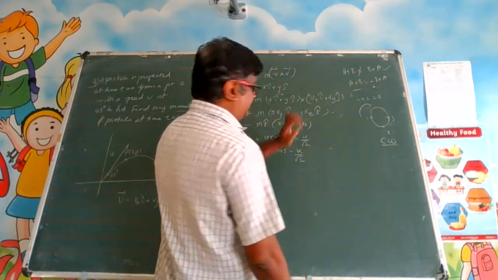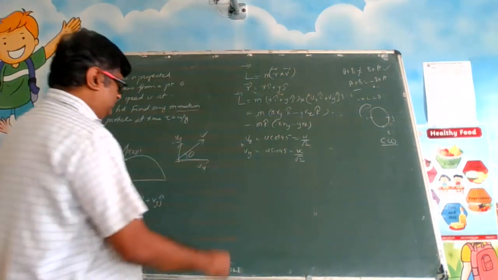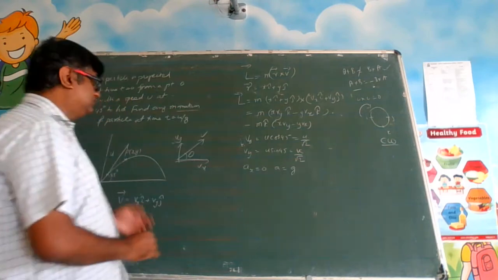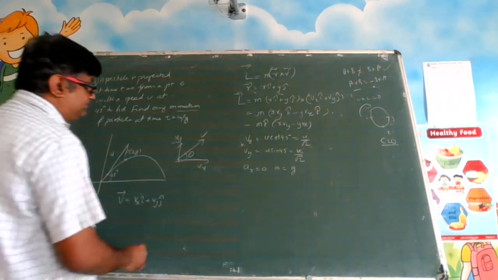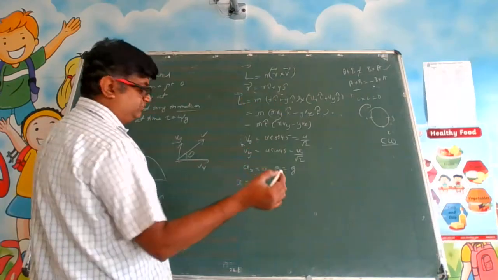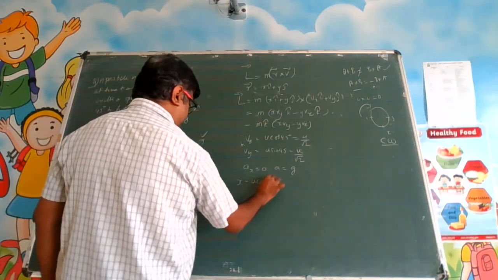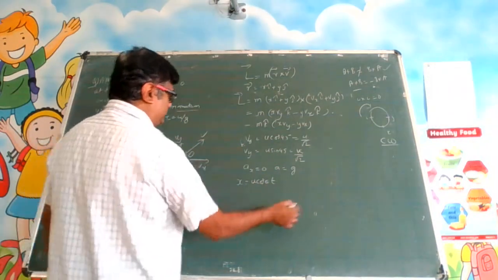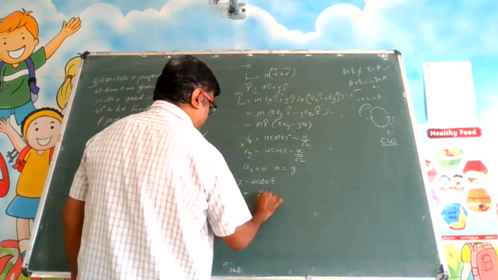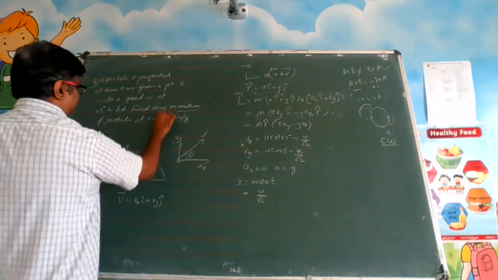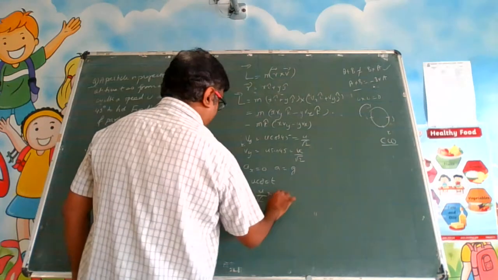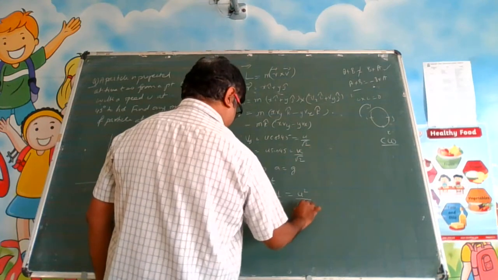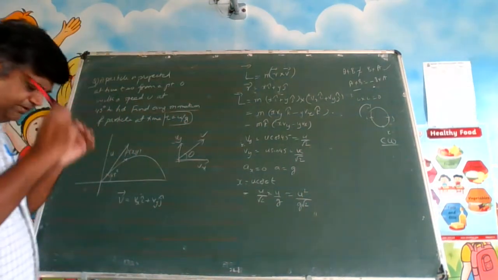Now you have to find x and y. x and y are the displacements. I told you horizontal acceleration is 0, vertical acceleration is g. So what is x? ut plus half a t square. Here u cos theta t, half a t square will become 0 because there is no acceleration. So u cos theta into t. u cos theta you have worked out is u divided by root 2. What is the time given in the question? It is u divided by g. So it is u square by g root 2. The g value is known, you can find out. It is 10 root 2.